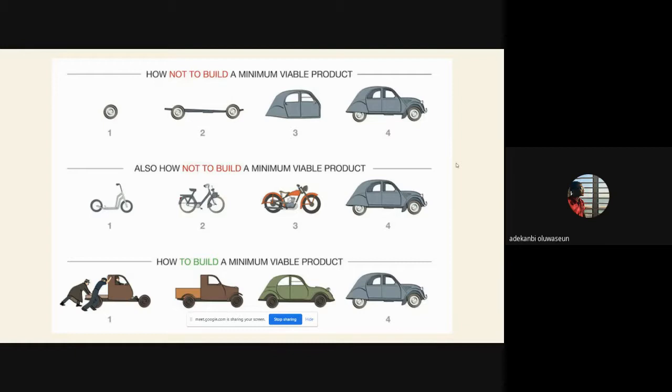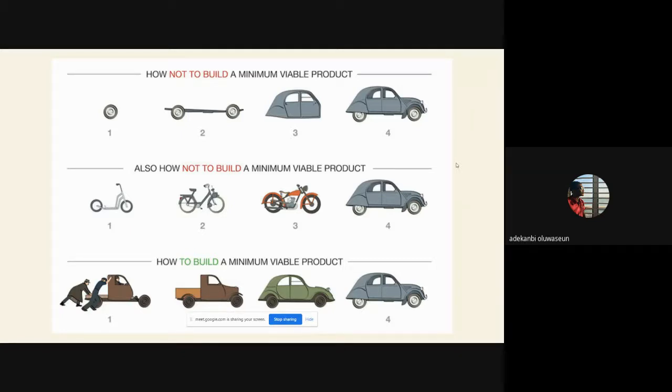Now, say for instance you want to build a car. The goal is for you to build a car. Your MVP doesn't start from you getting the tire, because the tire is not an MVP. What makes an MVP what it is, is that it's functional, it can work. Users can achieve a goal. It might not be fancy, it might not have all the other things, but at least people can move from point A to point B on that product and get their problem solved. So that's what an MVP is.